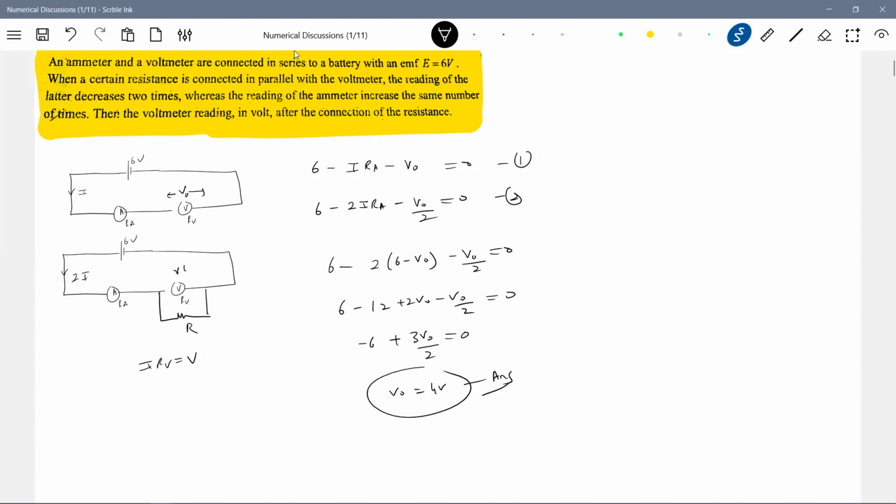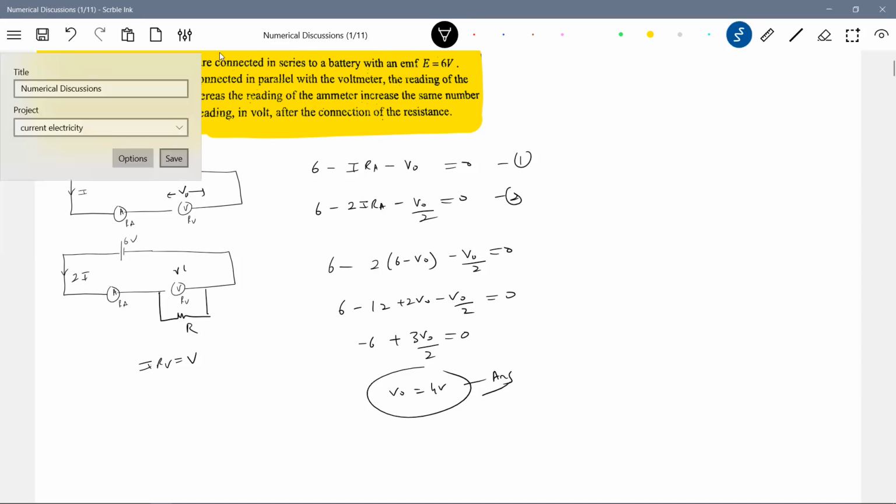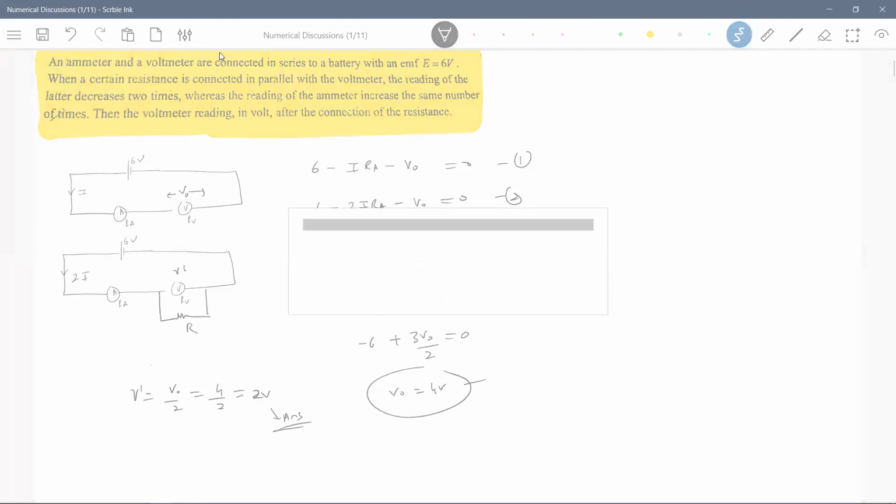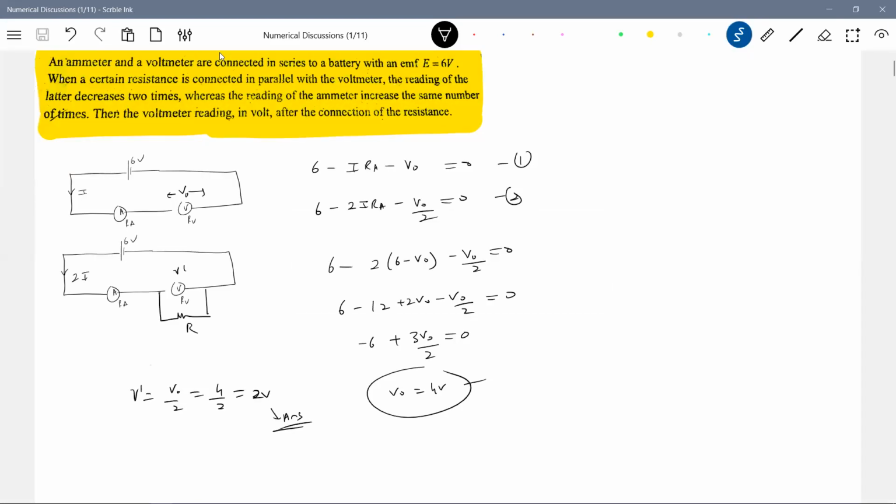So very logical things, especially ammeter, voltmeter, no? Any of the best questions can trouble you. So what are RA and RV? Internal resistance of voltmeter. The symbols we choose matter a lot. No, I think 2 volt. V dash is how much? No, the answer is not 4 volt. V dash is V naught by 2. So 4 by 2, your answer will be 2 volt. This will be your answer. The answer should not be 4, should be 2.